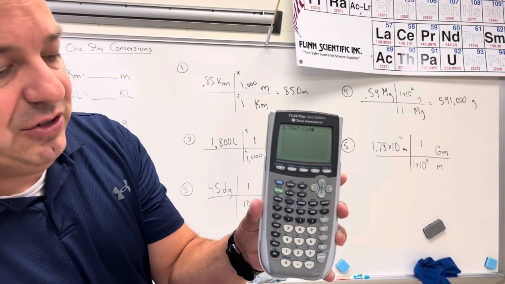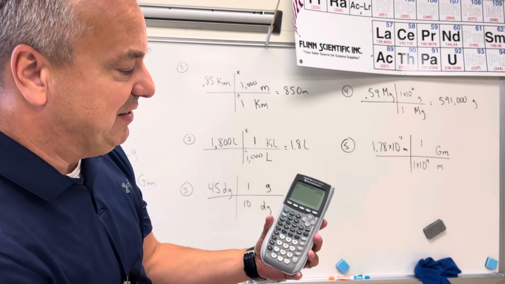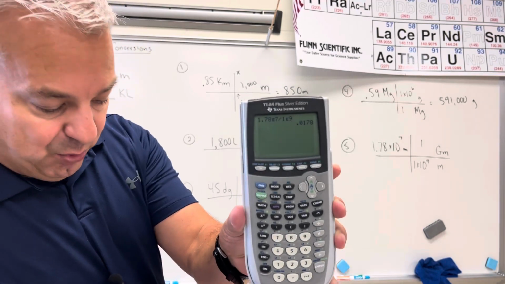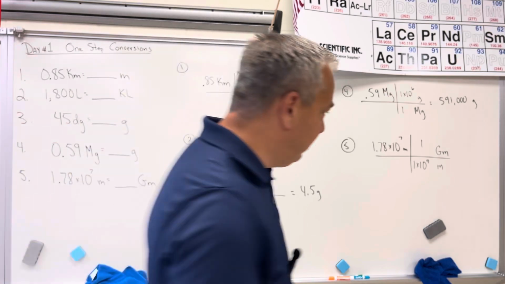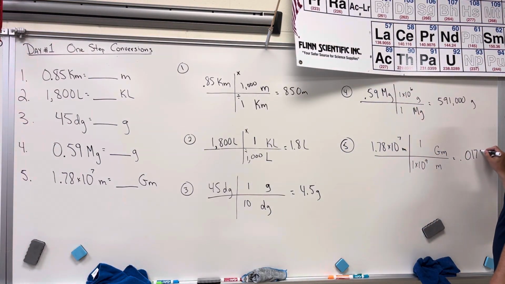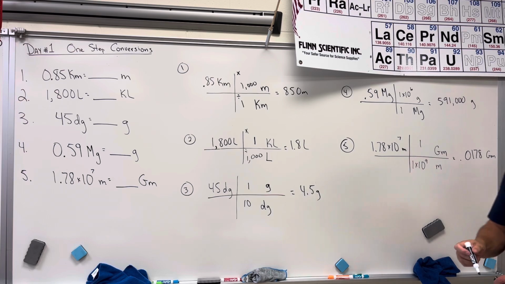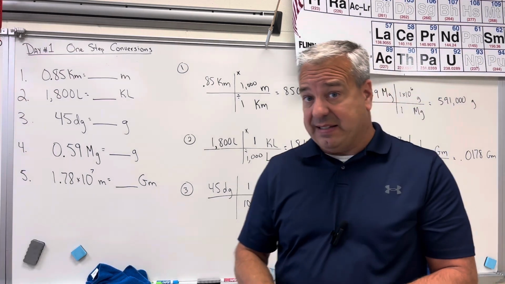Okay, so that's how everything should be inputted. If you want to hit the times 1, you can, but times 1 is just going to give you the same number. I get a number of 0.0178 as my final answer. 0.0178, and that's going to be gigameters because the meters have canceled out. Okay, so that's how you do one step